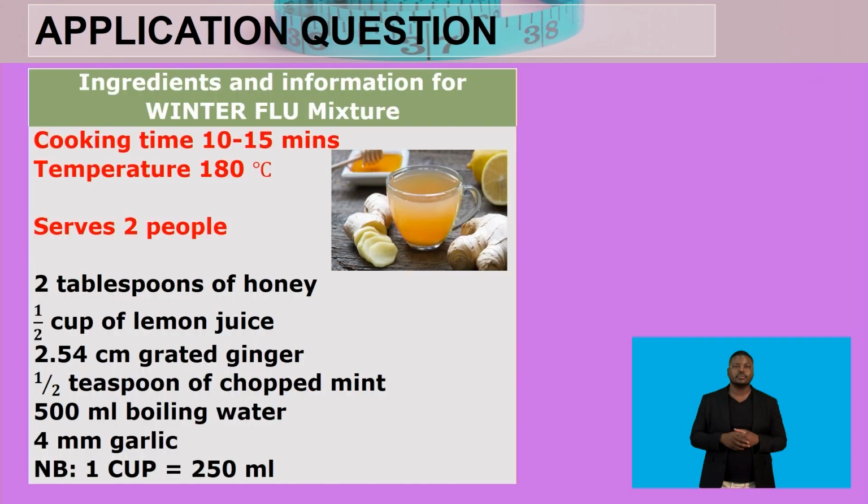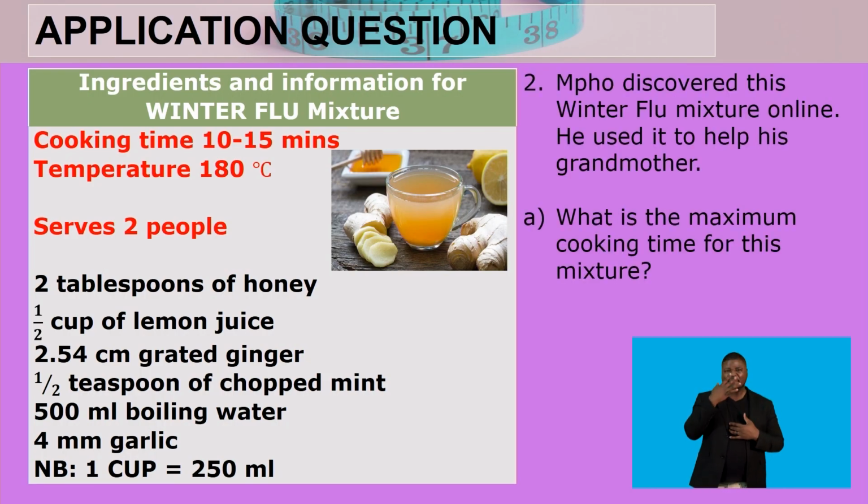tile this particular bedroom. Ingredients and information for winter flu mix. Question 2 says, Mpho discovered this winter flu mixture online he used to help his grandmother. Question A says, what is the maximum cooking time for this mixture? What is the maximum cooking time? It means you can cook it from 10 to 15 minutes, but you cannot cook it beyond 15 minutes. So it means the 15 minutes is our maximum cooking time. So we have 15 minutes. If you cook it above 15 minutes, then it means you've overcooked the mixture and probably have killed some of